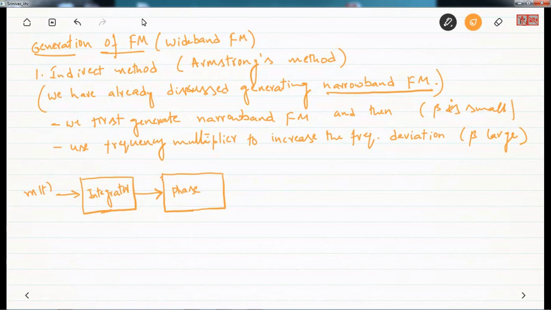So this is the phase modulator, and this has got